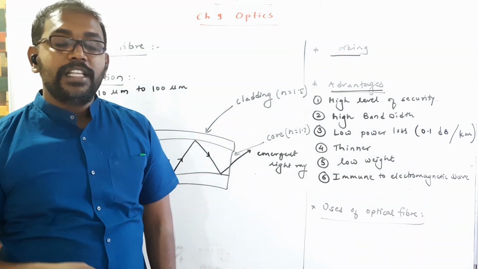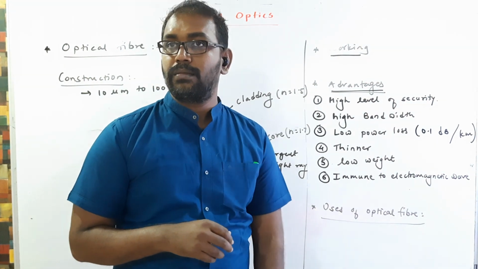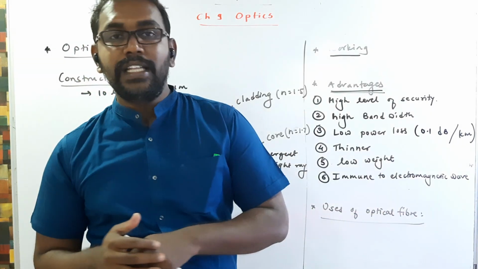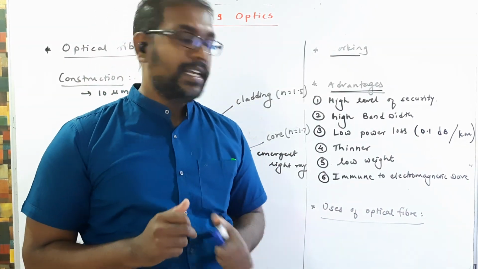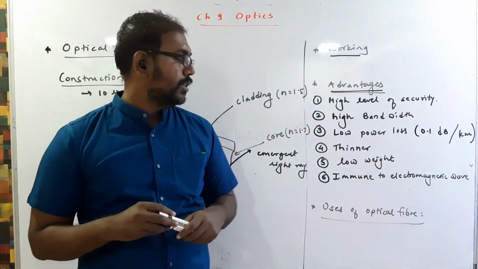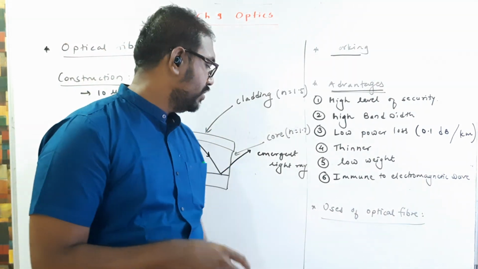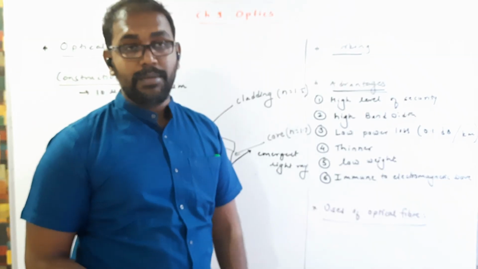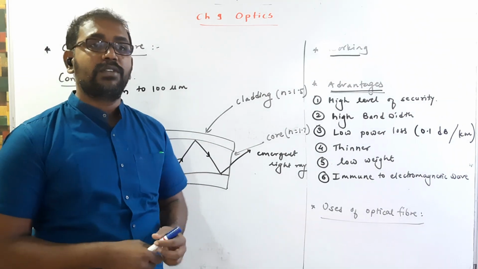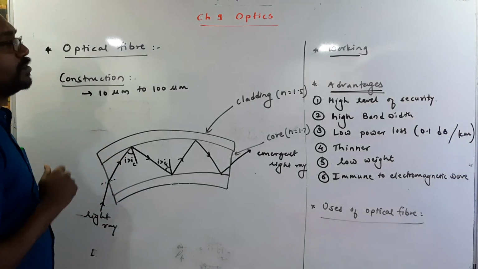As well as it is used for mechanical purposes also. Means जहाँ पे कुछ एक मशीनरी है, जिस मशीनरी में हम खुद जाके अंदर नहीं देख सकते कि भाई प्रॉब्लम क्या है, similar to the endoscopy. In that case also we can use optical fiber. ठीक है, we can use optical fiber to observe remote places, in short. As well as optical fiber is used to measure the rate of flow of blood also. We are not going into too much detail about this, but you remember many applications are there for optical fiber. I hope everyone understood this optical fiber.